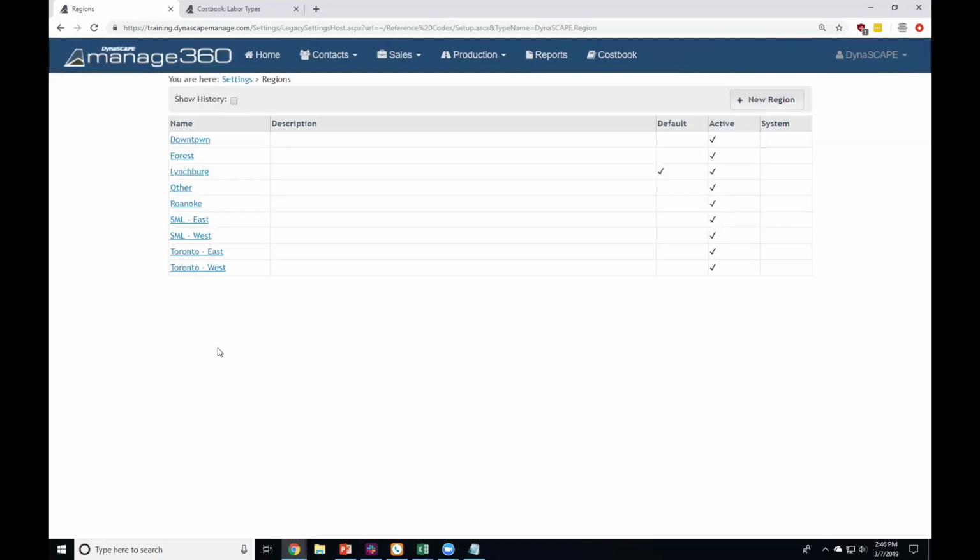And so that can be geographic. You describe what you want your regions to be. You can see here we could break the city into east versus west, right? Or maybe a county, perhaps. You could call it zone 1, zone 2. So it could be your own custom breakdown. And it doesn't necessarily have to be geographic. You can use region however you want, in that it's just going to be a category that you have full